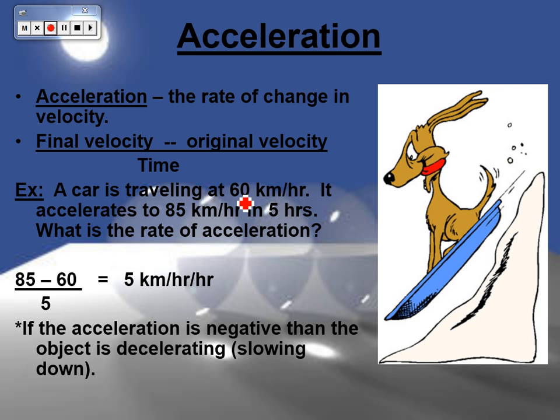So it went from 60 to 85. So final would be 85. See, I put it over here. And then I have 60, which was my original velocity. So when I subtract them, I get 25. Divide that by 5. And so over here, my answer is that I am speeding up 5 kilometers per hour